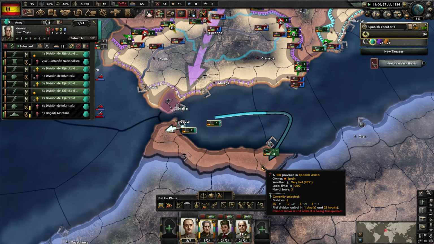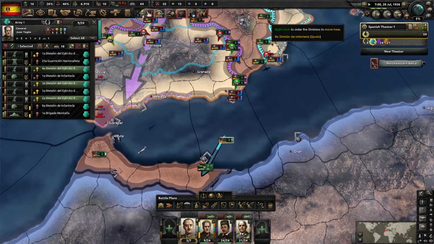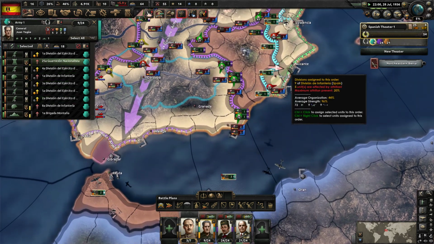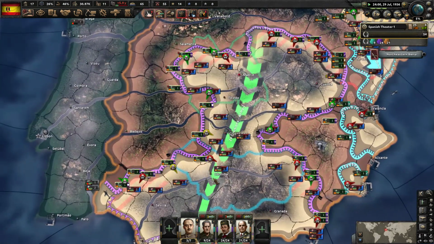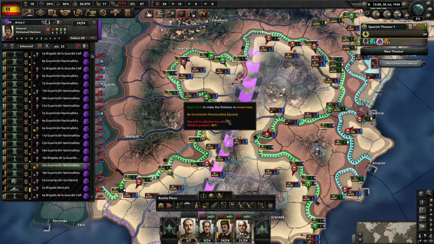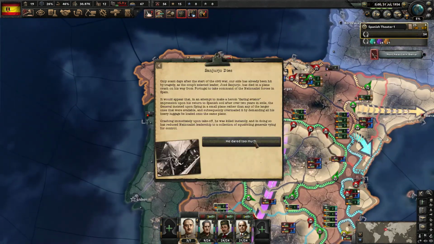So as long as I control these ports, they should be getting shipped the right way. There we go. They should be sent out now. Okay, that's cool. And let's actually focus on capturing what we need. So we'll try to save the...